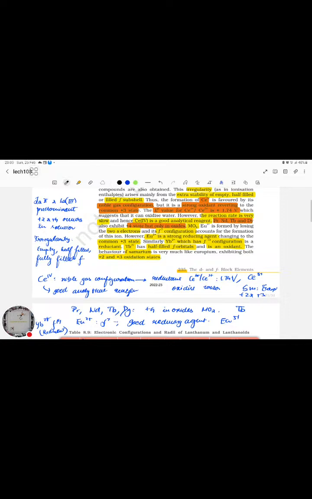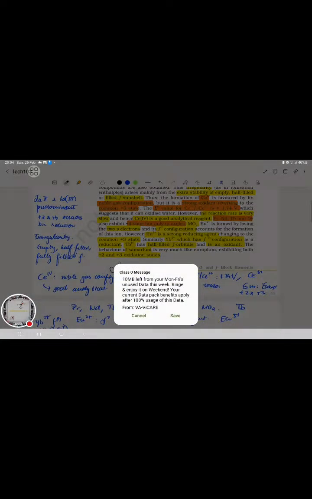Thus the formation of cerium-4. Cerium +4 is favored by its noble gas configuration, but it is a strong oxidant, reverting to the common +3 state. The standard electrode potential value for cerium-4 plus to cerium-3 plus is +1.74, which means that it is favorable for its reduction towards cerium-3 plus. It is a very strong oxidant reverting to the common +3, which suggests that it can oxidize water. Since it is a very good oxidizing agent, it gets reduced. So cerium-4, though it has a noble gas configuration,